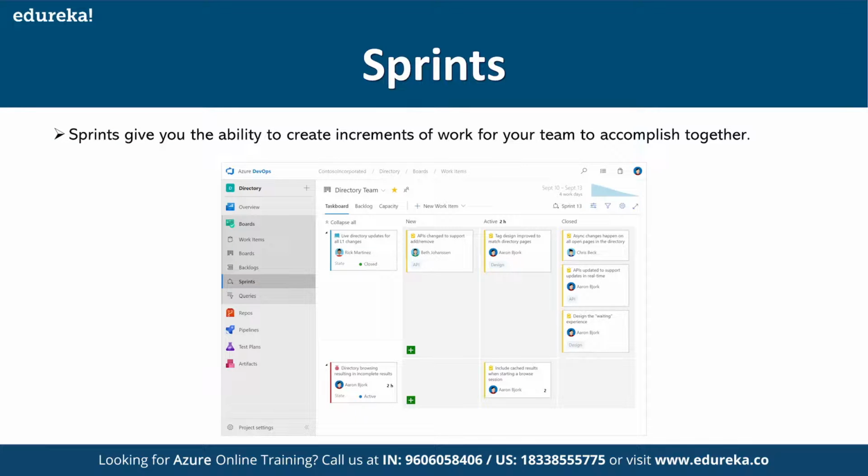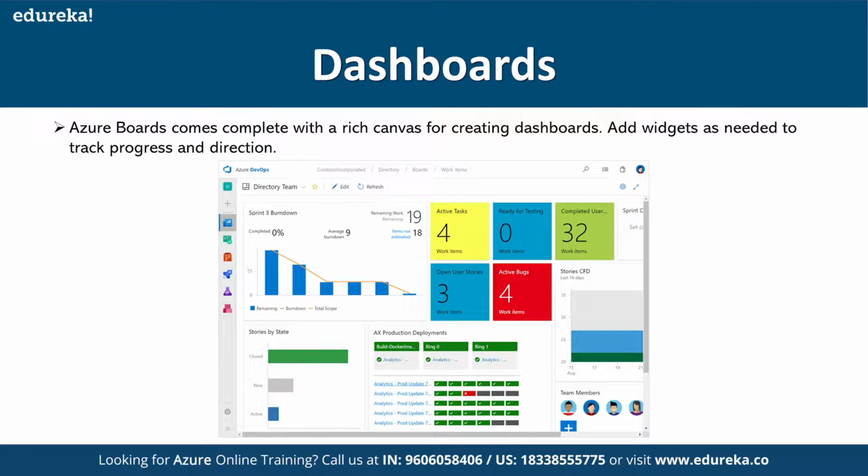Through sprint, we can accomplish things together, right? So collaboration and accomplishment of any increment of a big chunk of work will be achieved via sprint, right?